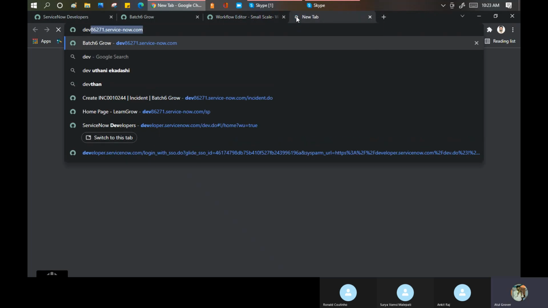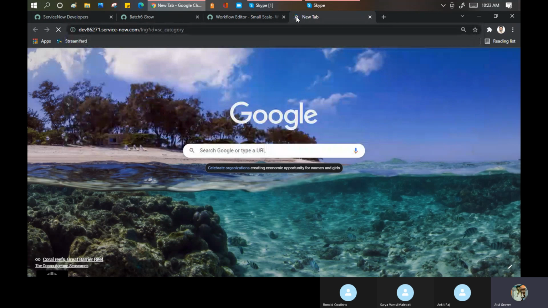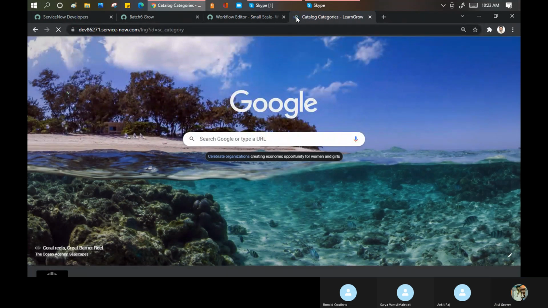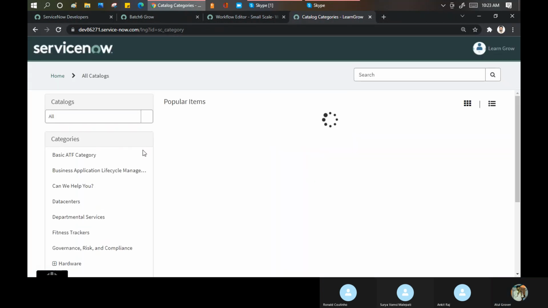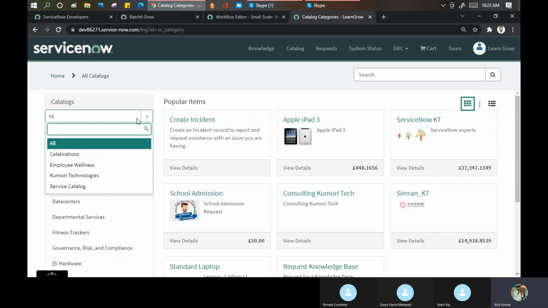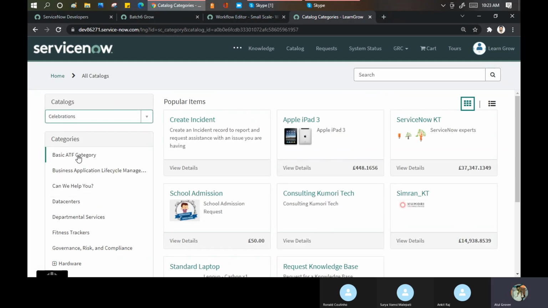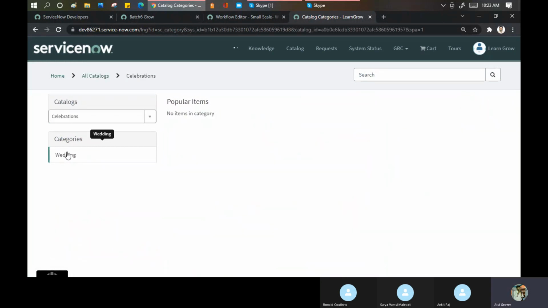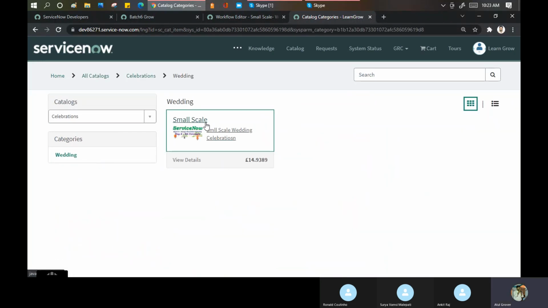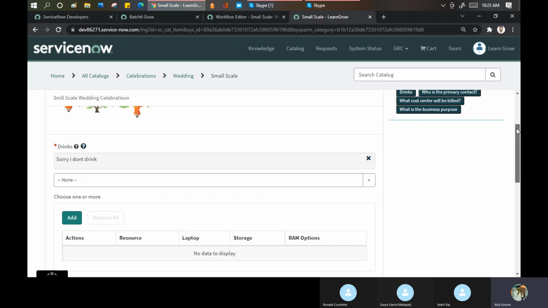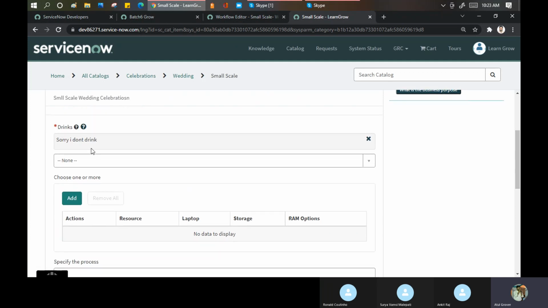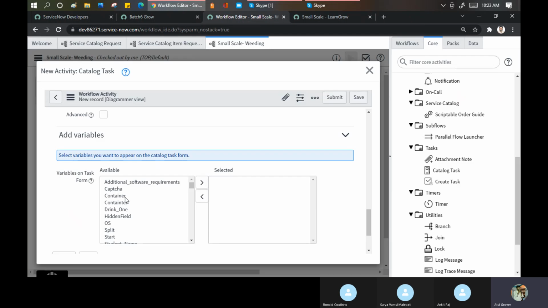If I go here, do you want to see any kind of variable? हमने हटा दिए सारे variables, नहीं, we have ना, like drinks. Let's see, drinks are available or not.